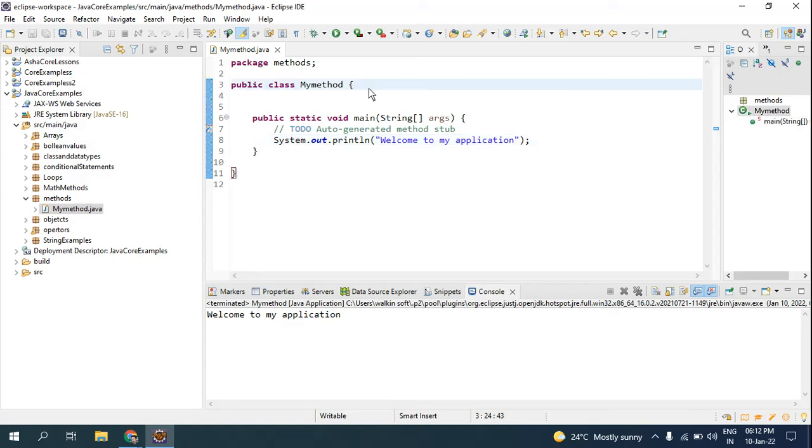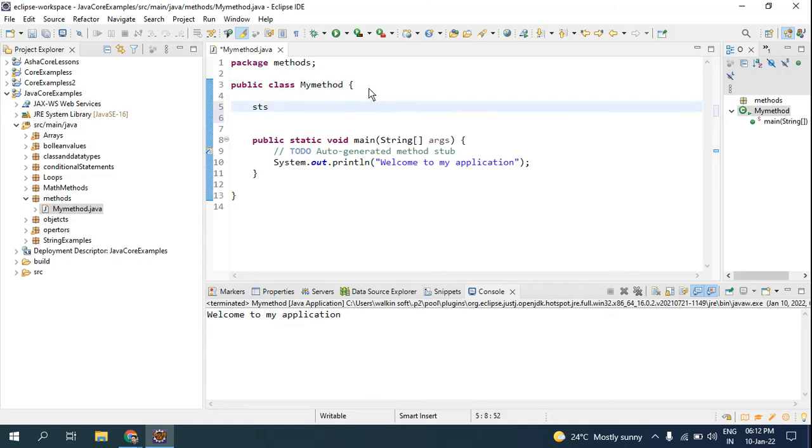You have to write first the static keyword. I will tell you why you have to write static. This is a keyword. And void is a keyword which tells the return type. Suppose when you are writing a function, you are expecting to return a value, you will write the data type. I will show in the coming examples. For now, void means there is no return type. It is just a plain function. So static is a keyword, void is a keyword, and then you give the function name. For now, I'll give the function name as fun. If not, I'll give it as show.